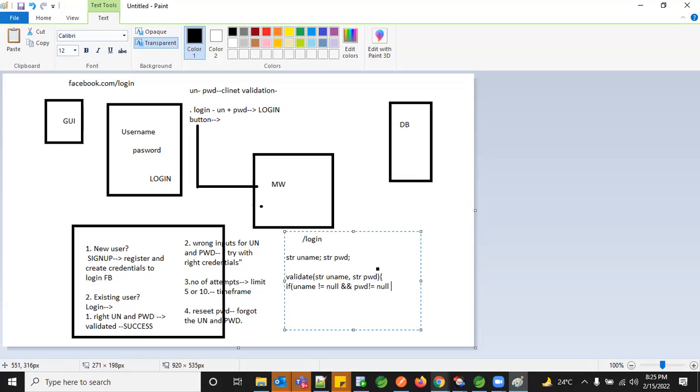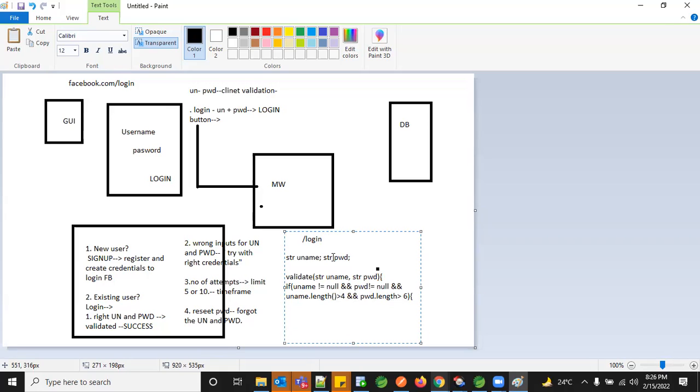You should also check whether the length of the username is greater than 0, because some people just give username as U, password as A, when you don't have client validations in your front end. So you have to make sure your length is greater than what you want as the username and password length, which is also a kind of functional requirement. So you say username.length is greater than 4 minimum, and password.length is greater than 6. This is my criteria.